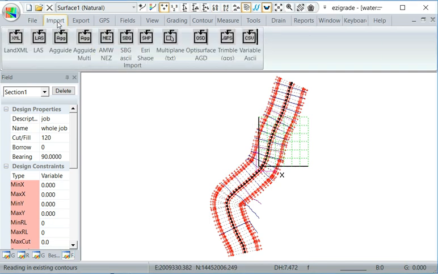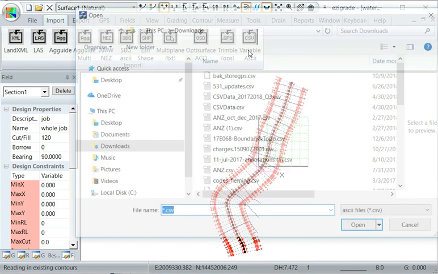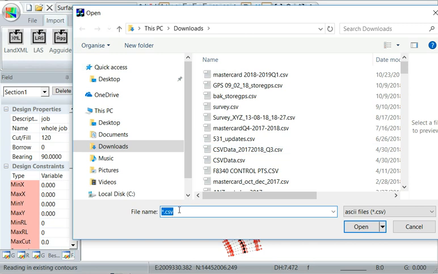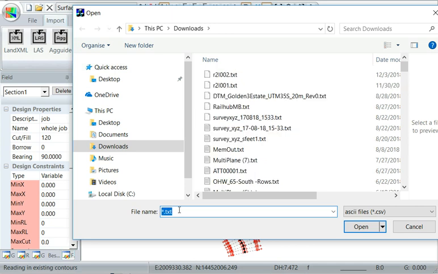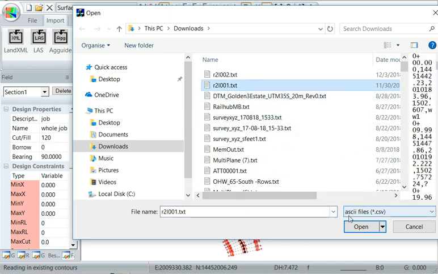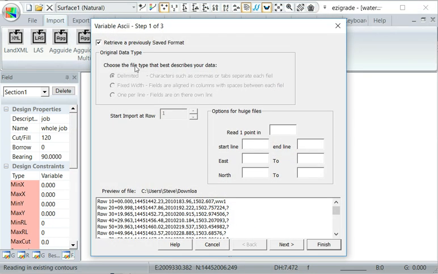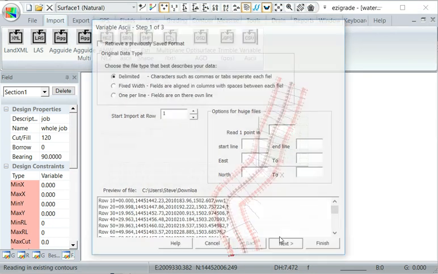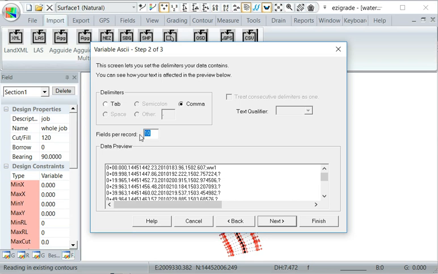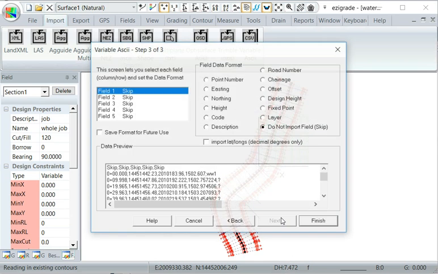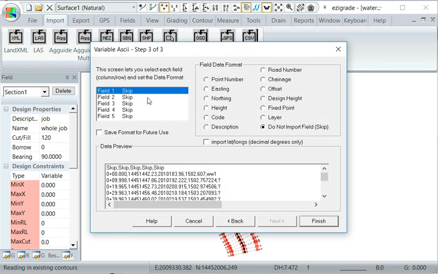So I've clicked on Import Variable ASCII. This is the same as the first example, so I'll try to do this a little bit faster. So it's a text file, and it's the r21.txt. We go OK, next, 5 fields, next, northing, easting, height,